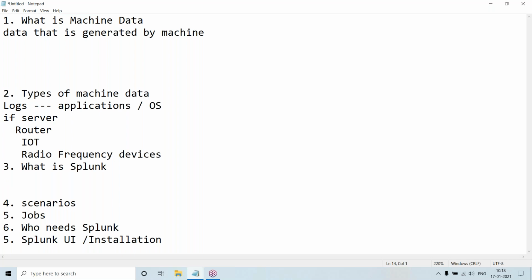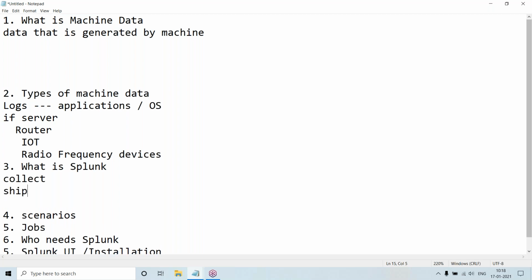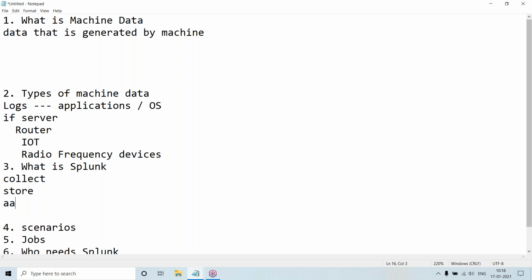Splunk is a software used for collecting, storing, and analyzing the data.